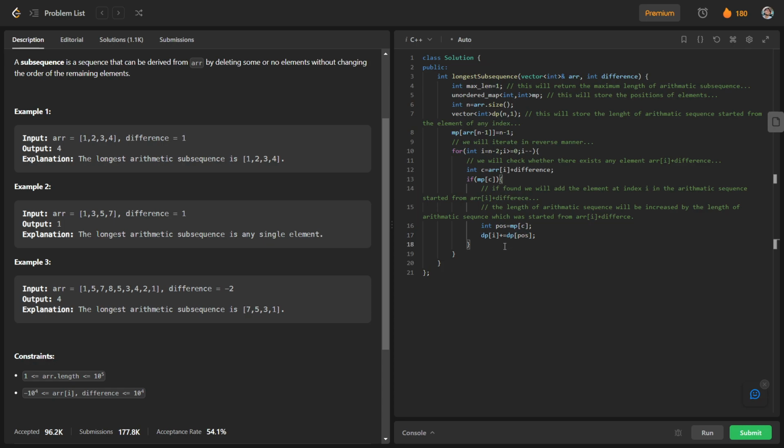After that we will just store the position of this element, or we can update it also.